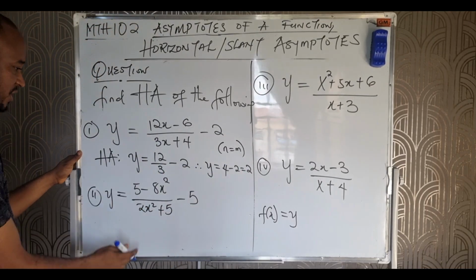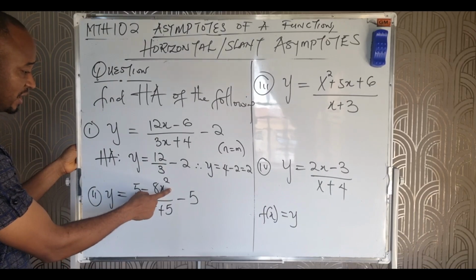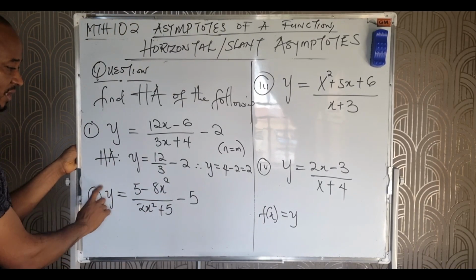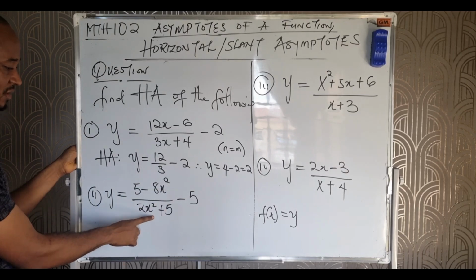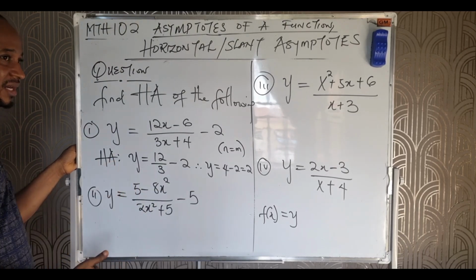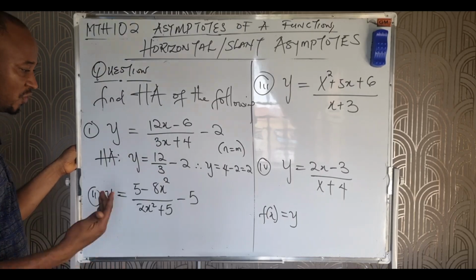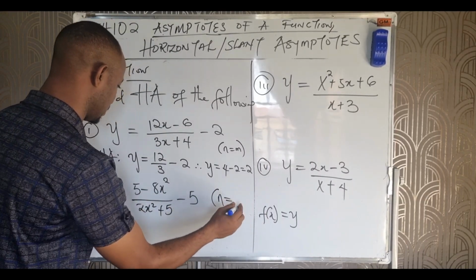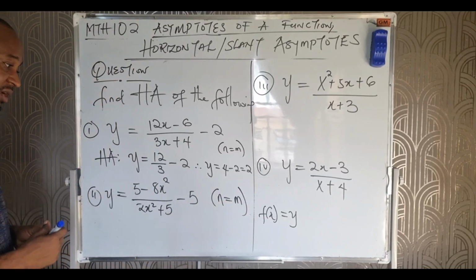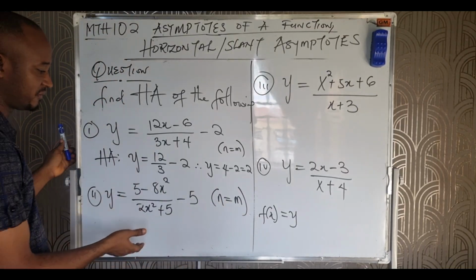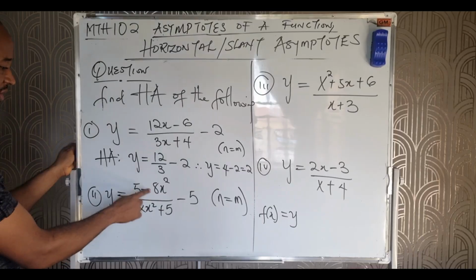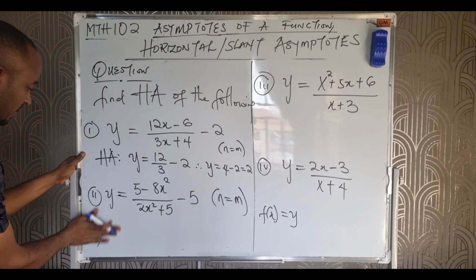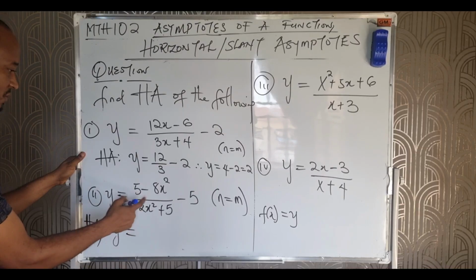What about this expression? The degree of the numerator is the same as that of the denominator, right? For this question here, we have s squared, we have s squared. So the same concept, we divide their coefficients. Coefficient of s squared here is minus 8. Since n is equal to m, the degree of the numerator is the same as that of the denominator, so I will divide. So HA will occur